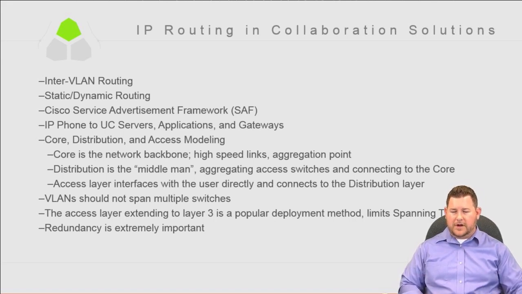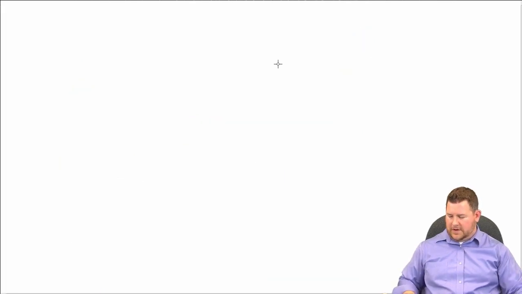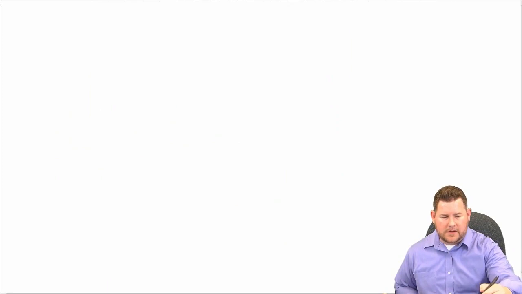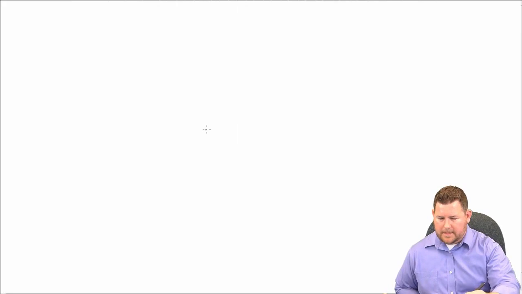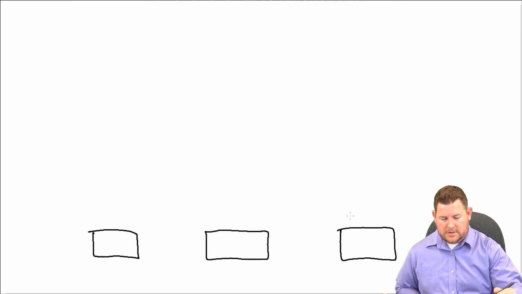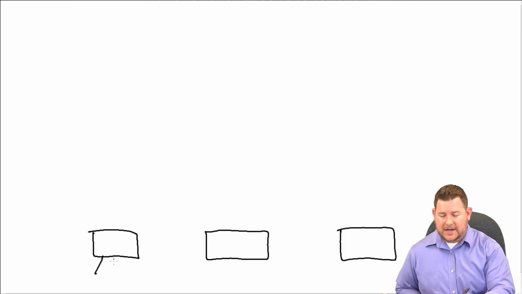So what better way to illustrate that than to illustrate it? Let me draw that real quick. Let me pull up the default color there. All right. So you're going to have, let's start with the access layer. Just make sure I'm not overlapping myself. All right, perfect. All right, so this is the access layer that's going to be connected to a bunch of different phones